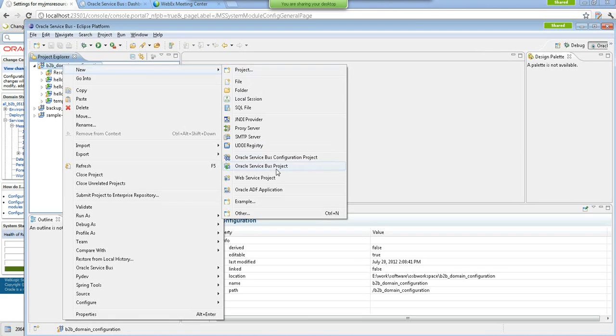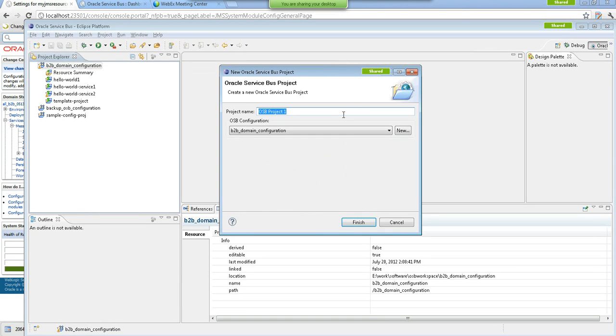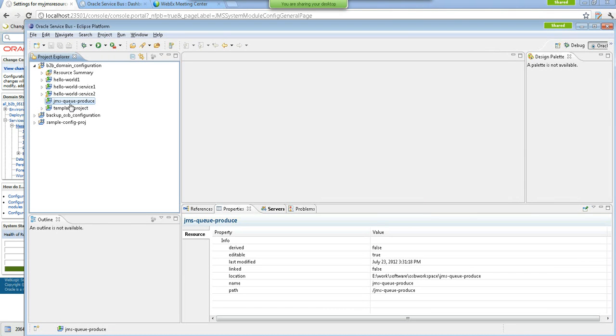Let's say I'm creating a new project, and I would say, produce JMSQ. Let's just call it JMSQ. Okay. And then, like I was mentioning the other day, since we get empty projects in OSB, one other thing I'm going to recommend is that